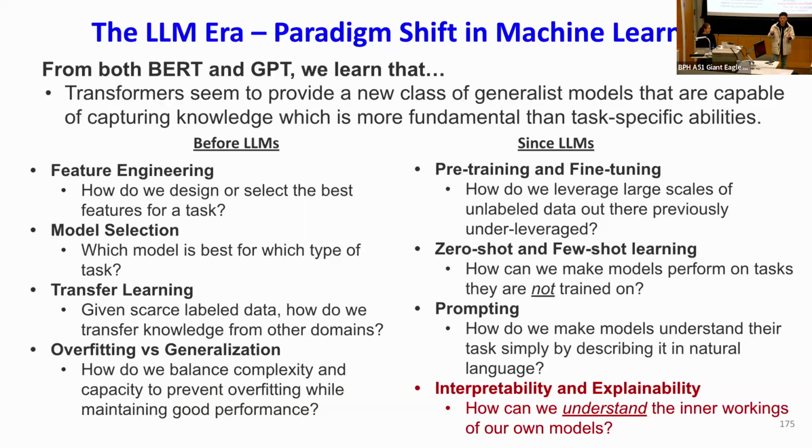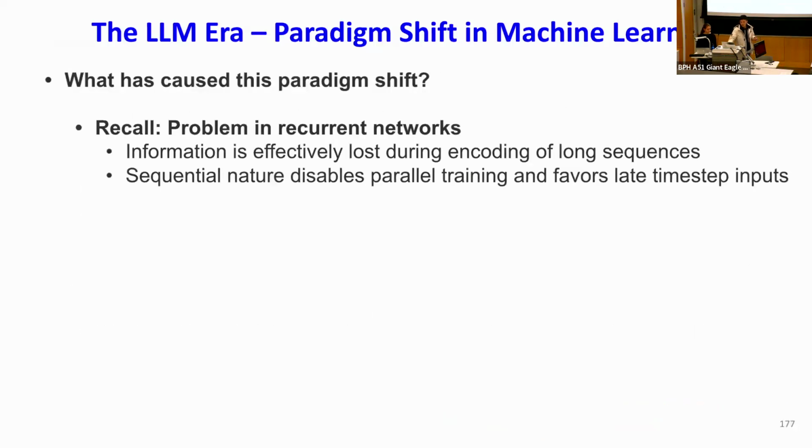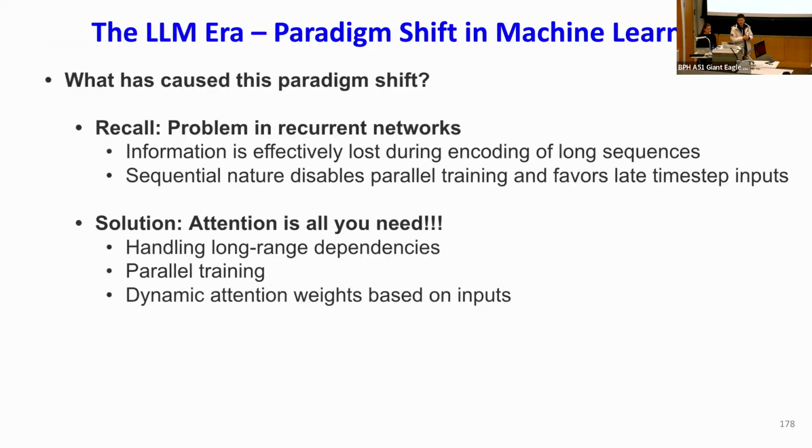And part of that is the growing size of models, and part of that is the versatility of attention, and part of that is the ever-growing size of training data as well, right? So basically, you have this paradigm shift in machine learning that's brought about by transformers. So then, if we go back, we will